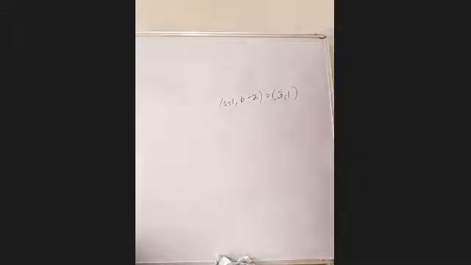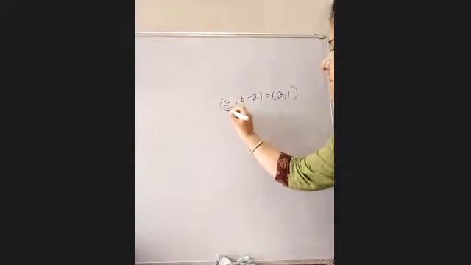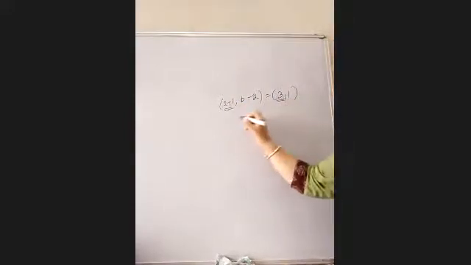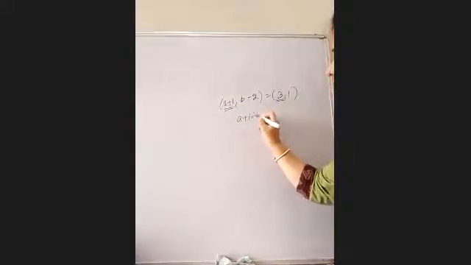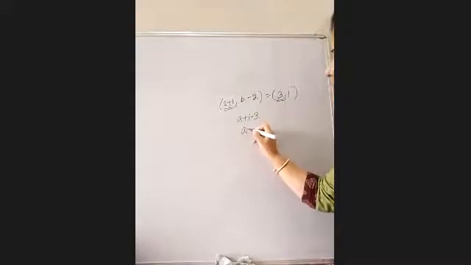Very good. A equal to 2 and B equal to 3. That's good. B equal to 4. Dimple. Let's see here. A plus 1. This is the first element and this is the another first element. So A plus 1 that is equal to 3. A will come equal to 3 minus 1 that is 2.